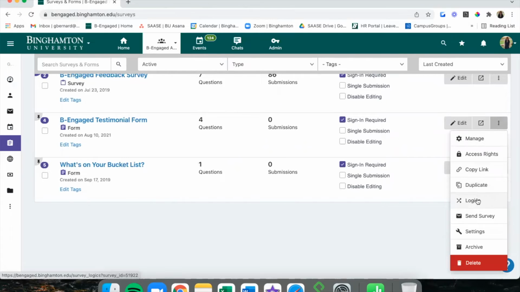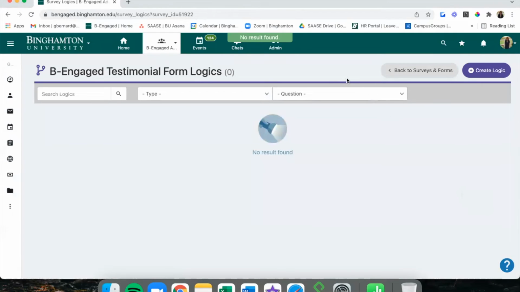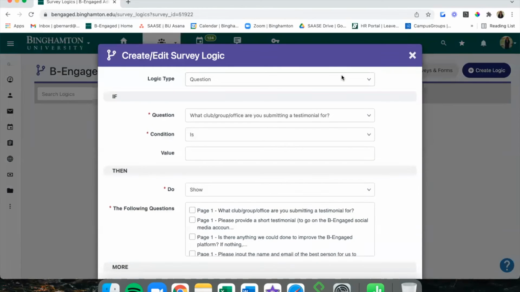The logics option takes you to any logics that have been set up in the form. So for this form, there are no logics set up, but you can easily create them by clicking the Create Logic button. And you can choose from the different logic types.